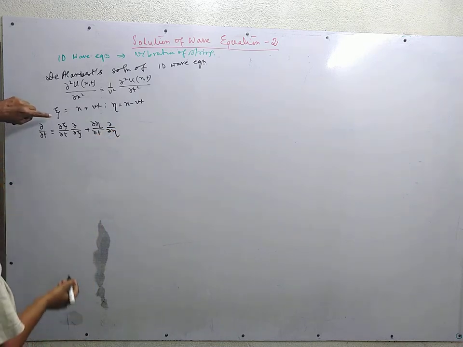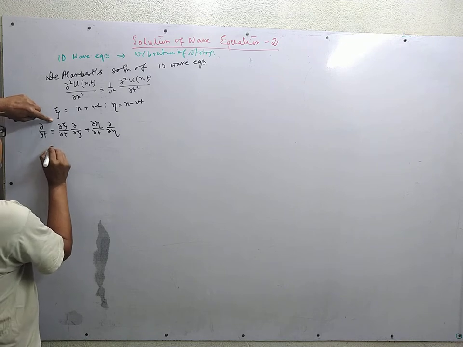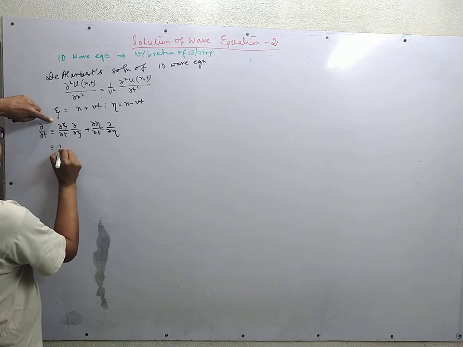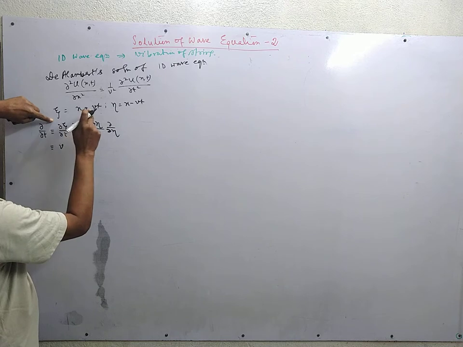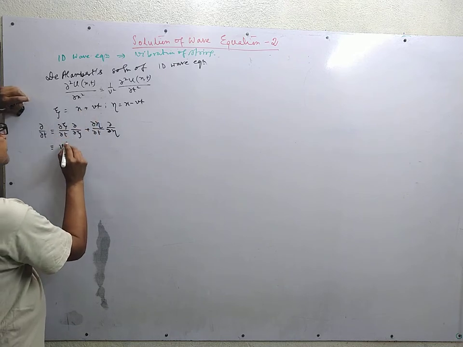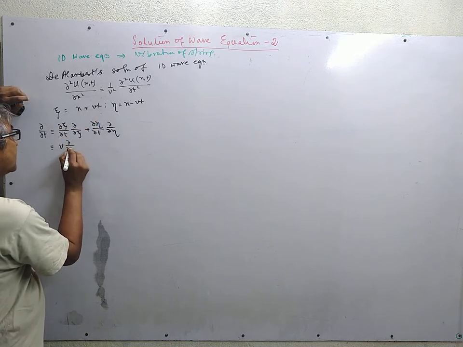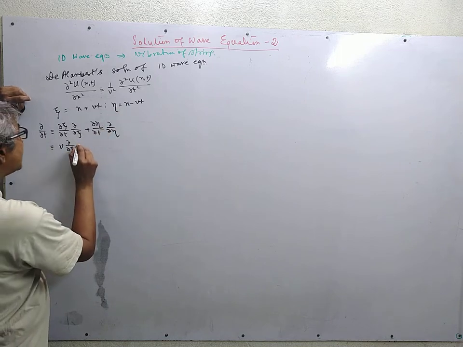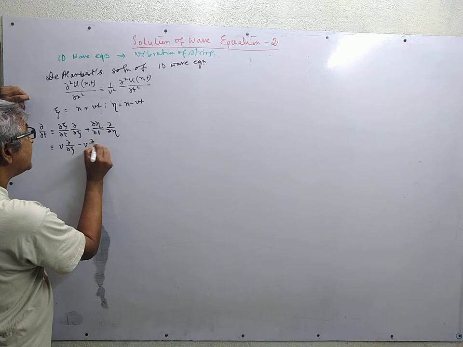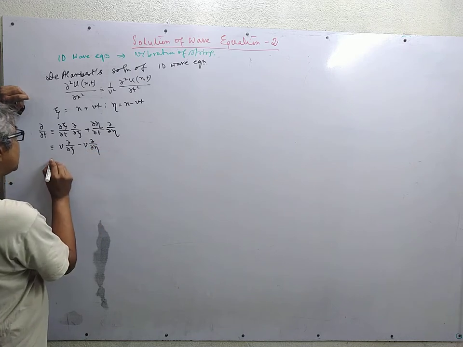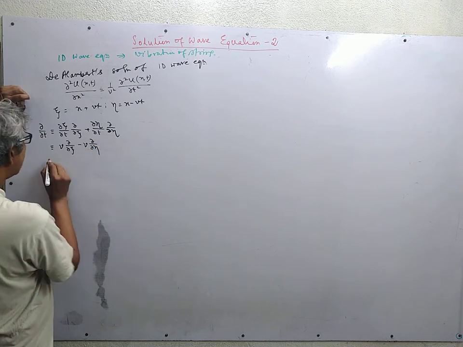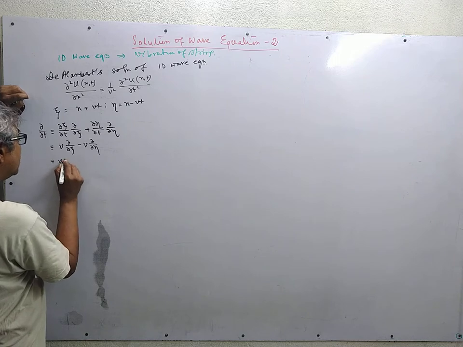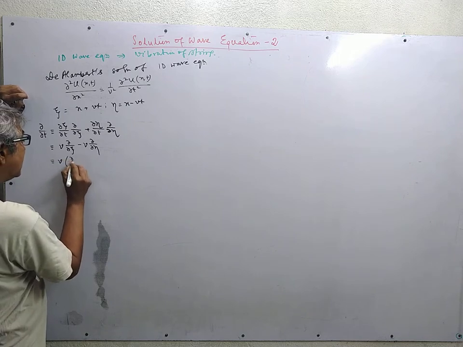So this is simply, del xi by del t is v, giving v del by del xi, and del eta by del t is minus v, giving minus v del by del eta. So if we take v common, this is del by del xi